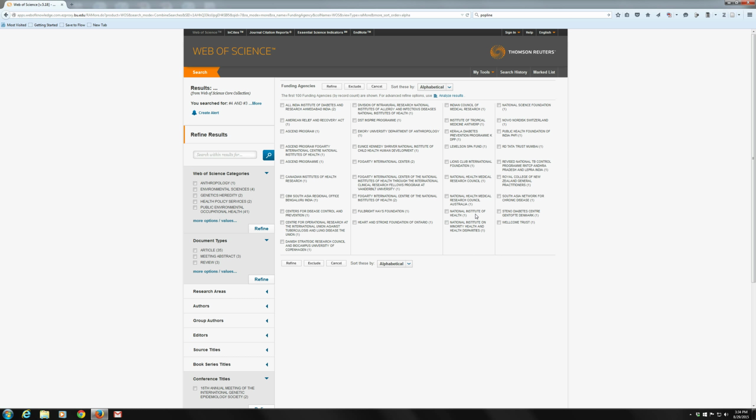So, I don't know who this Fogarty International Center is, but they've had 5 or 6 different grants they've given. So that might be a great place for you to look. Unsurprisingly, there are a few Indian organizations that have given grants. Wellcome Trust, I think, is another international funding agency. So obviously this is a drug company, but it's nice that